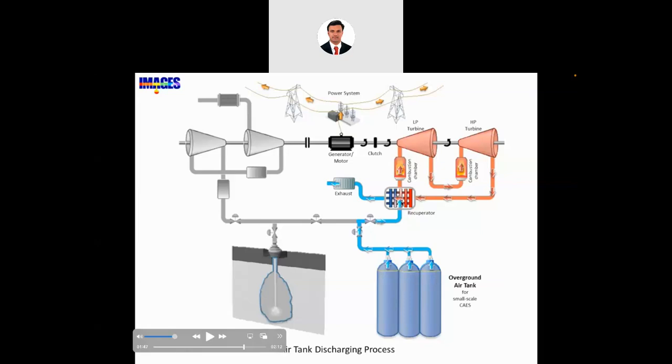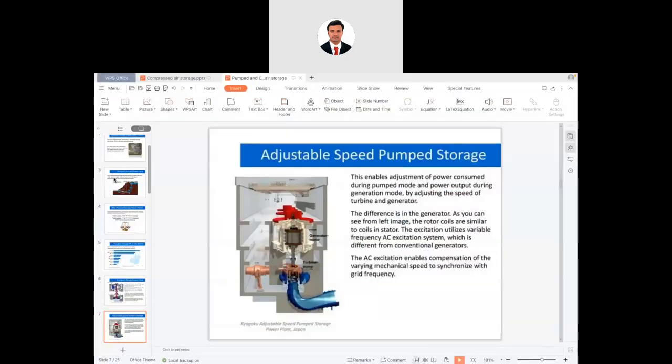When the demand is at peak, meaning demand rises during the night, the evening or the morning, the compressed air is provided to the combustion chamber, and then the remaining process happens. This remaining process is similar to the gas turbine. In that case, we are not running the compressors to get the compressed air. We are using the stored compressed air. So that's how these power plants and storages are used.